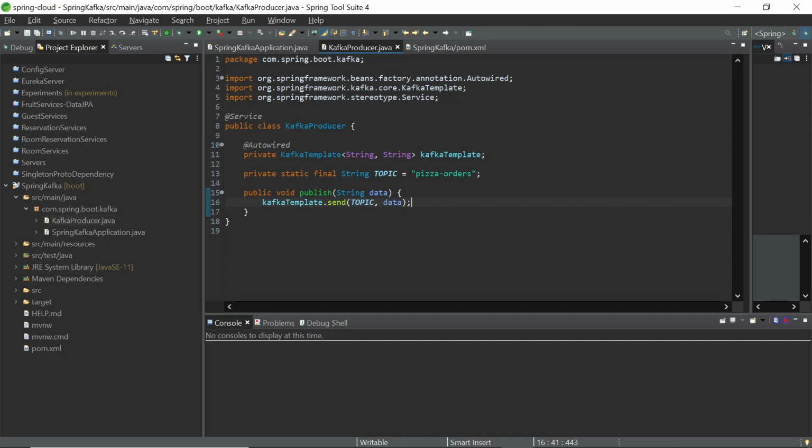And believe it or not, guys, this is all that it takes to publish something to Kafka. Of course we'll want to try it out.